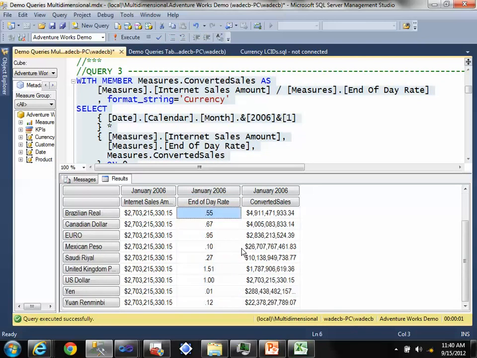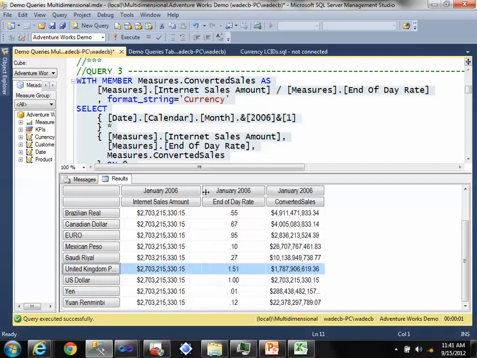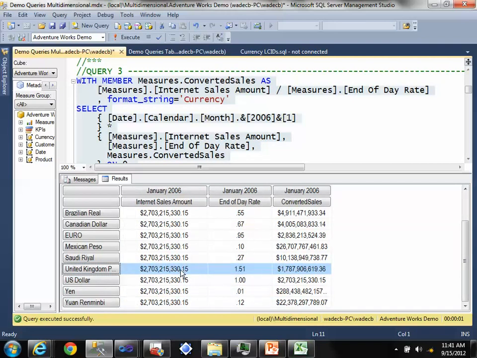On the face of it, this looks fine. So this is just for January, and then here I've got United Kingdom pounds with the US dollars number, then I take the end of day rate and divide the US dollars by that to get this number, which is still displayed as US dollars, but really this is now British pounds, and it looks okay. The problem with this is that this is not the right granularity that we'd like to apply the conversion at, because we're taking the end of day rate for the whole of January, and if you remember, it's a last non-empty,